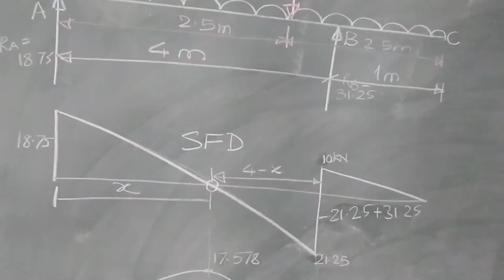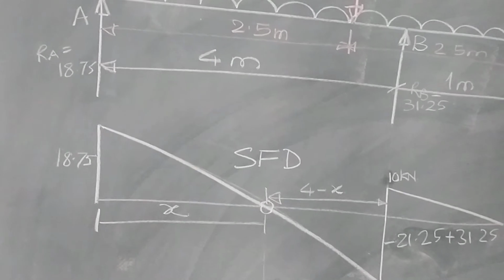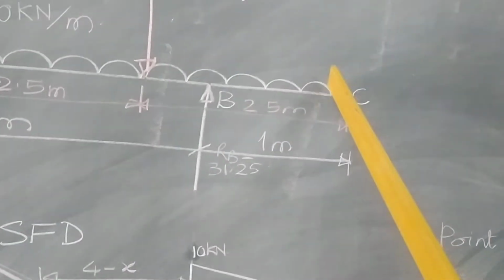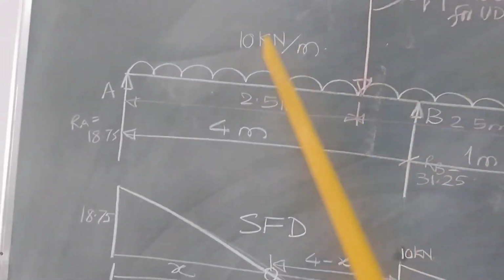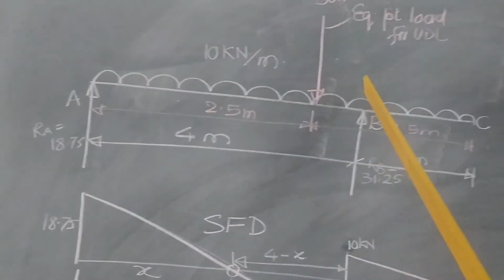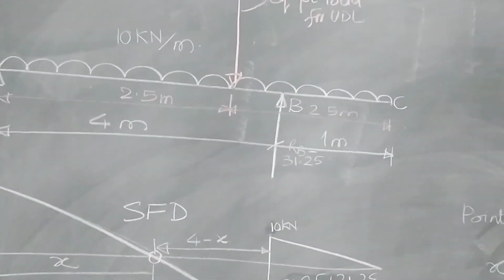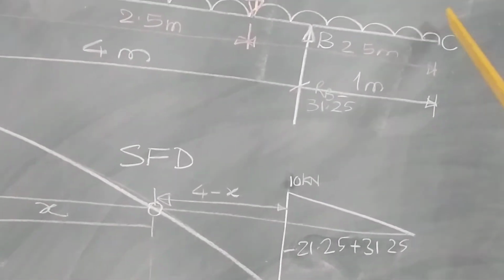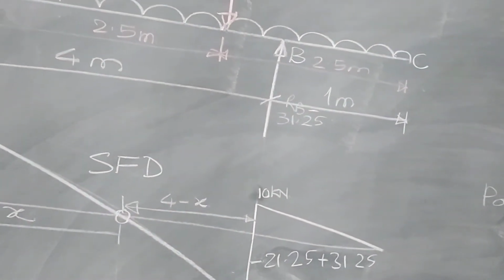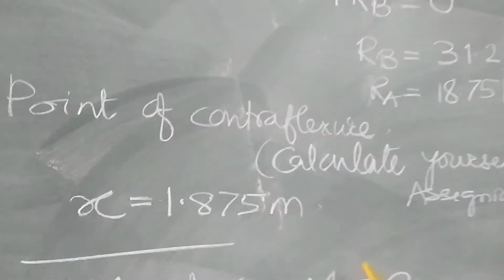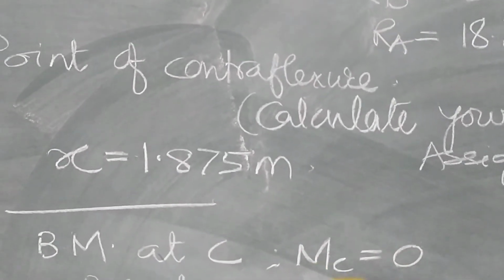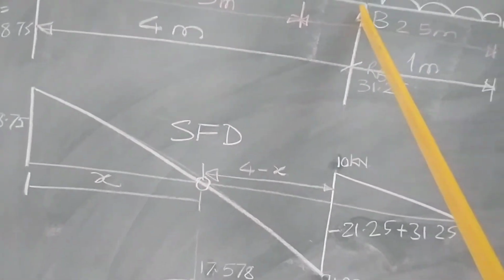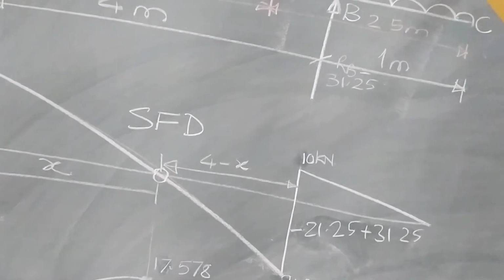Okay. Now let us draw the bending moment diagram. As this is the free end of the cantilever, we can consider this beam as a simply supported beam plus a cantilever beam, for the sake of understanding. So this is the free end of the cantilever, so the bending moment at C will be 0. So I have written bending moment at C equal to 0. Let us consider this as B, bending moment at B towards the right.